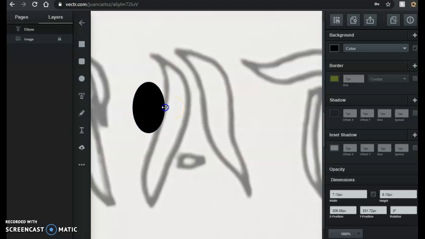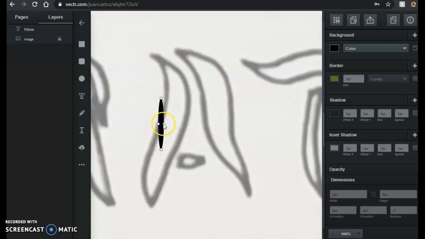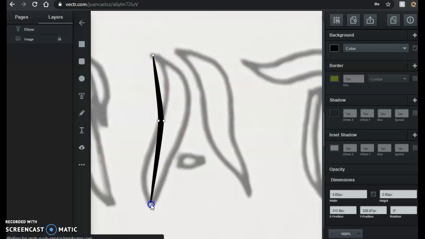Grab one of the corners and squish the circle. We're going to pretend that we're creating a brush stroke. Now, if you double click, you'll see these points. You see these dots? Those are control points that you can move around. I can move this point anywhere. And what I'm basically doing is drawing